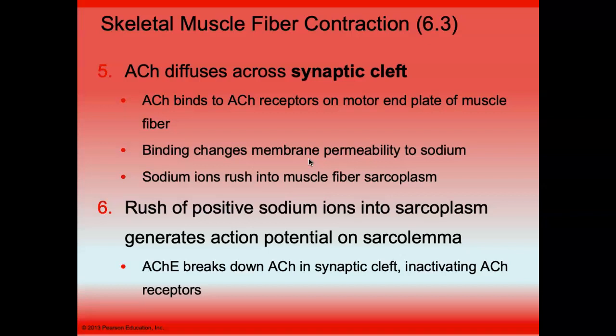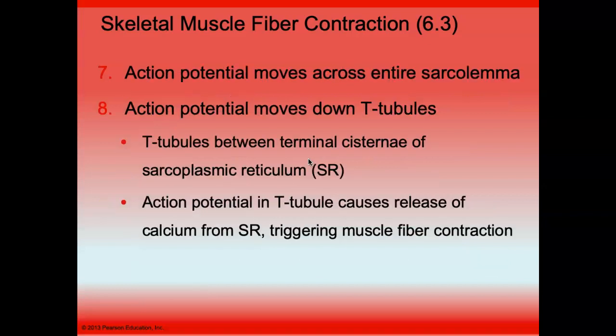This would continue, except that once an action potential is generated, that acetylcholine is broken down by the acetylcholine esterase. And so you'd need another action potential coming down the neuron to have another contraction. Now, the action potential that's generated will cross the entire sarcolemma almost instantaneously and